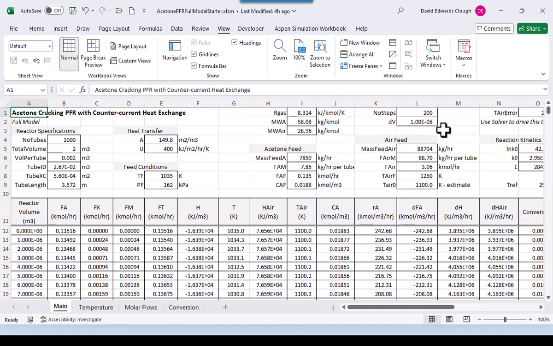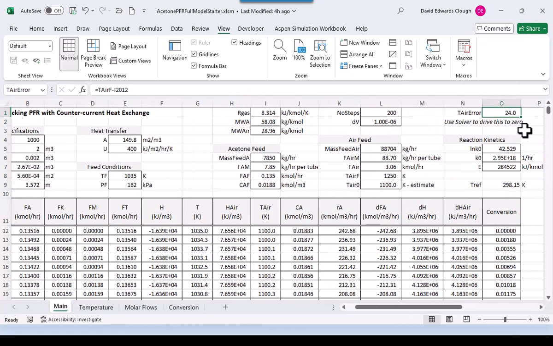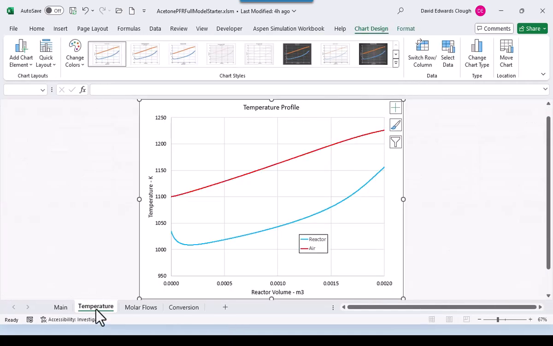And can't quite see it here, but over here you can see that our current error is 24 with our estimate of 1100. So it's the same type of situation that we've got where we need to adjust the air outlet temperature until the air entry temperature equals 1250. If we take a look at it right now with our chart on temperature, we see that we're not at 1250, all right? And as a result, we haven't satisfied that requirement starting at 1100, just like for the simplified